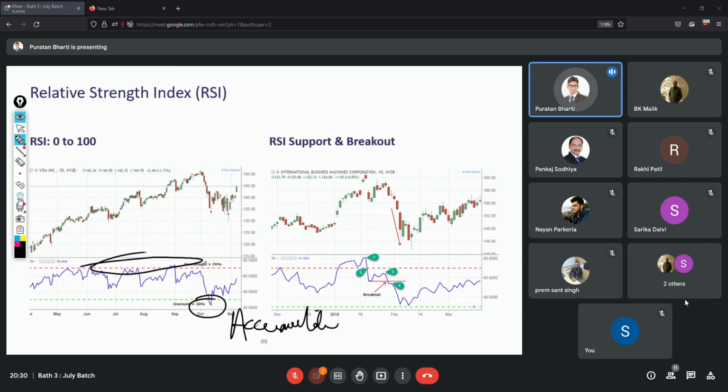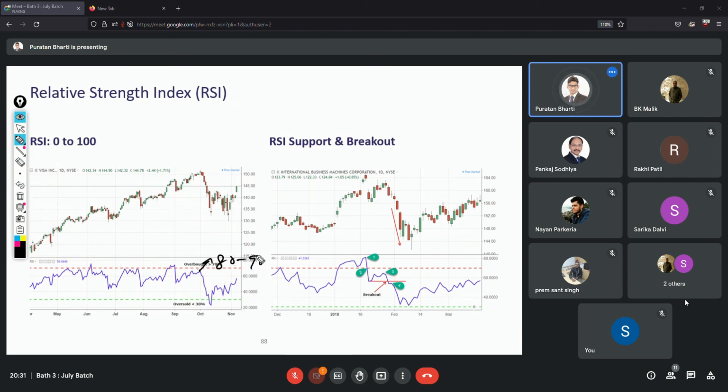It is possible that most of the time the stock corrects around this level. But in one or two cases, especially in a very bullish phase where there is a lot of money entering the equity markets, in those situations you will see that the stock has touched an RSI of